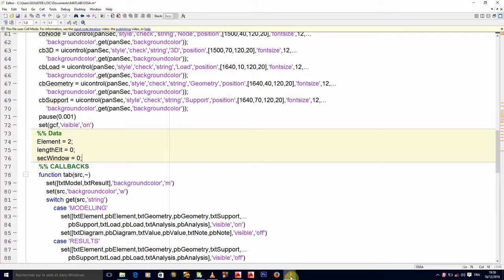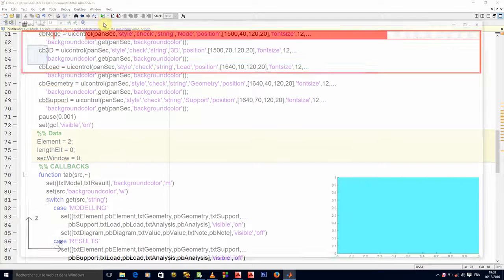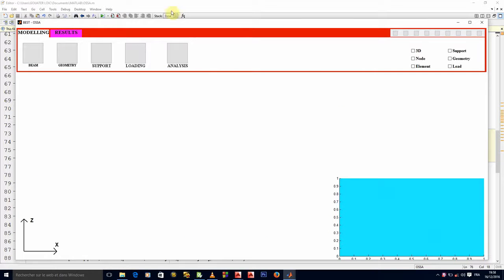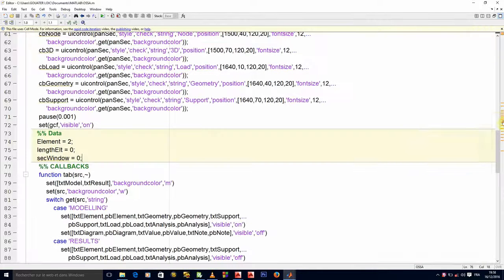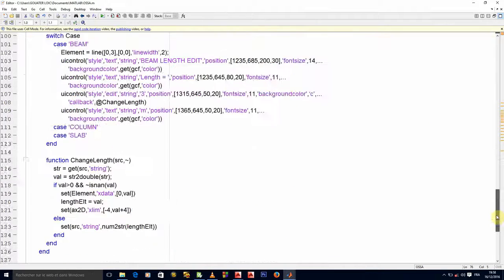We have a main window, which is this window, and all the options generated by this button we'll call secondary windows. So secondary window is what will identify all of my handles. If I want to delete them, I'll just delete what is inside secondary window at that particular time.